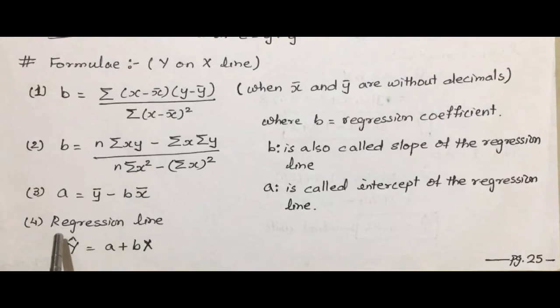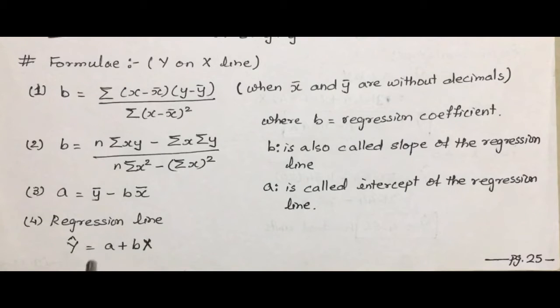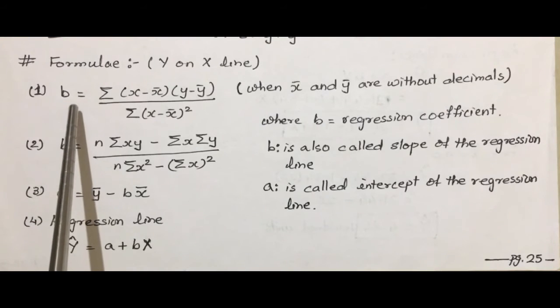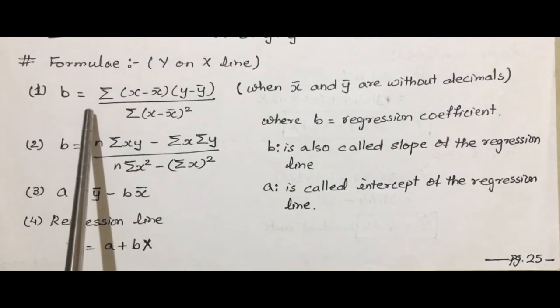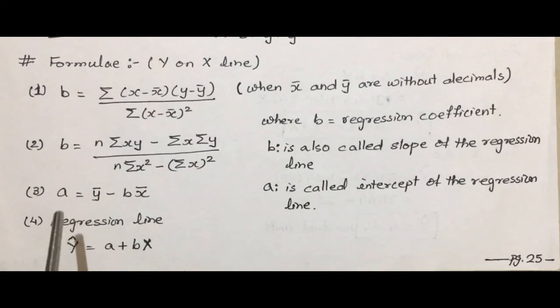then the next part that we have to make is the equation of the line, whose formula is y estimate is equal to A plus bx. So this final equation becomes the final answer of fitting the regression line. Whenever the examples are to be calculated, first B will be calculated from the given observations, then A is to be calculated, and then finally the regression line is to be fitted.